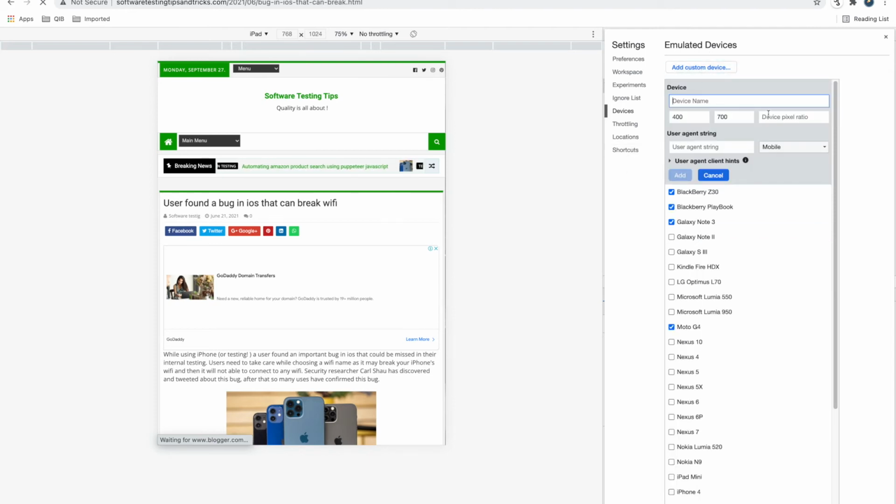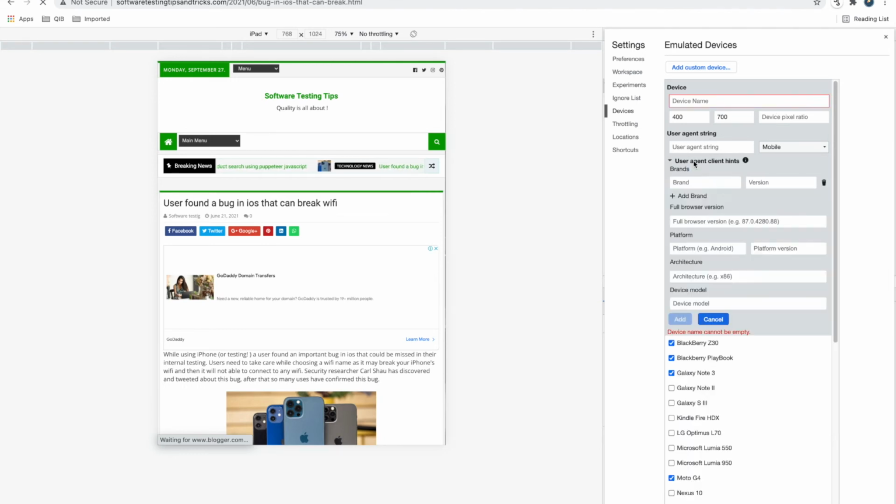You have to add device name, device pixel ratio, and user agent string for that device. Then you can provide brand, version, OS, everything, which platform it is, device model, everything. So you can create your own device as well. So it provides so many functionalities here for adding devices.